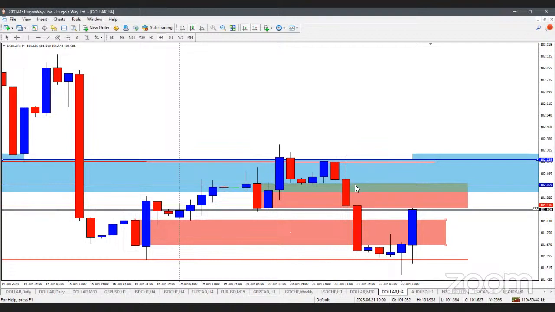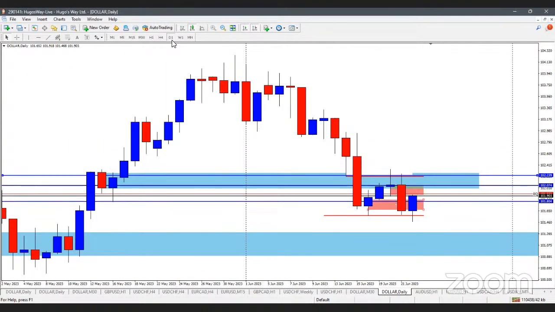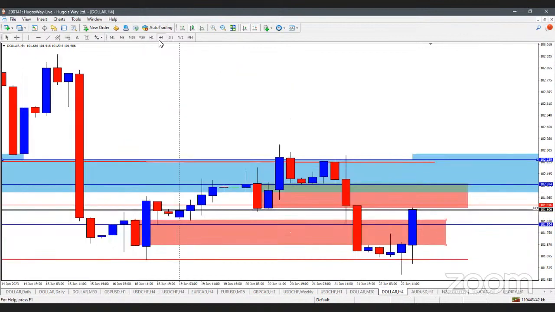Over here, we have an H4 validation point, FVG. And we have another one over here, and it seems like the price is not really paying attention to it too much. Because it's the H4, you can give it the benefit of the doubt. It won't be the strongest one.